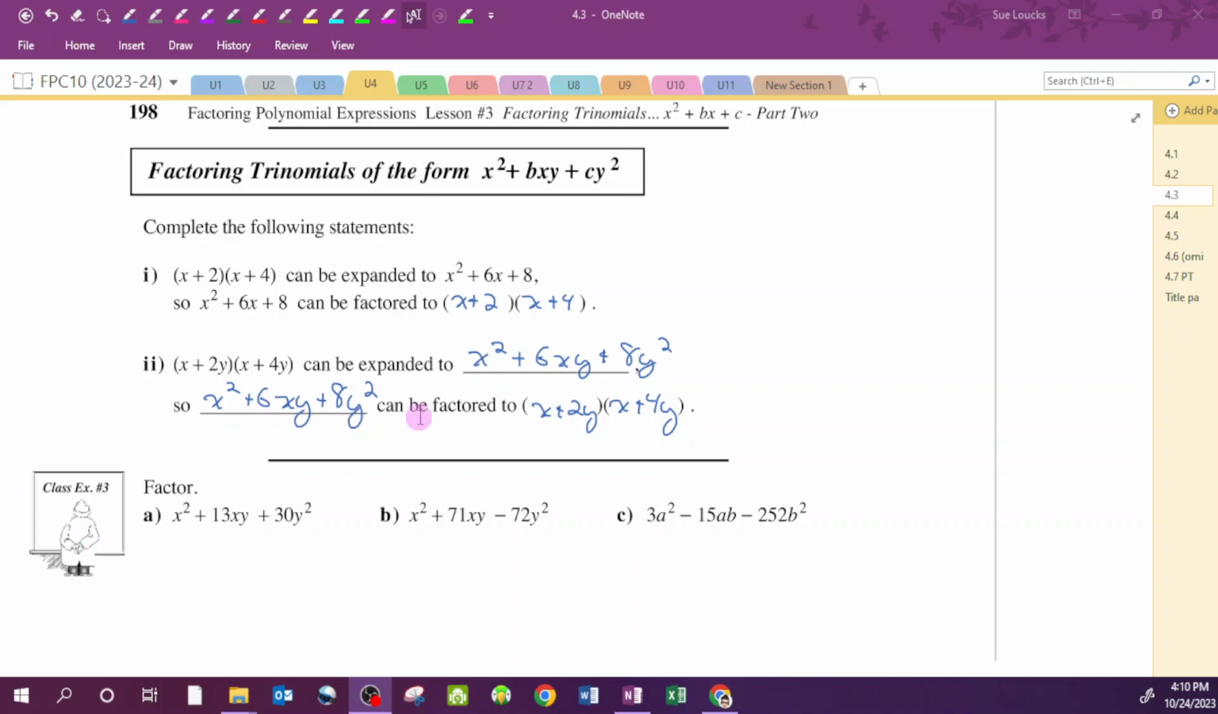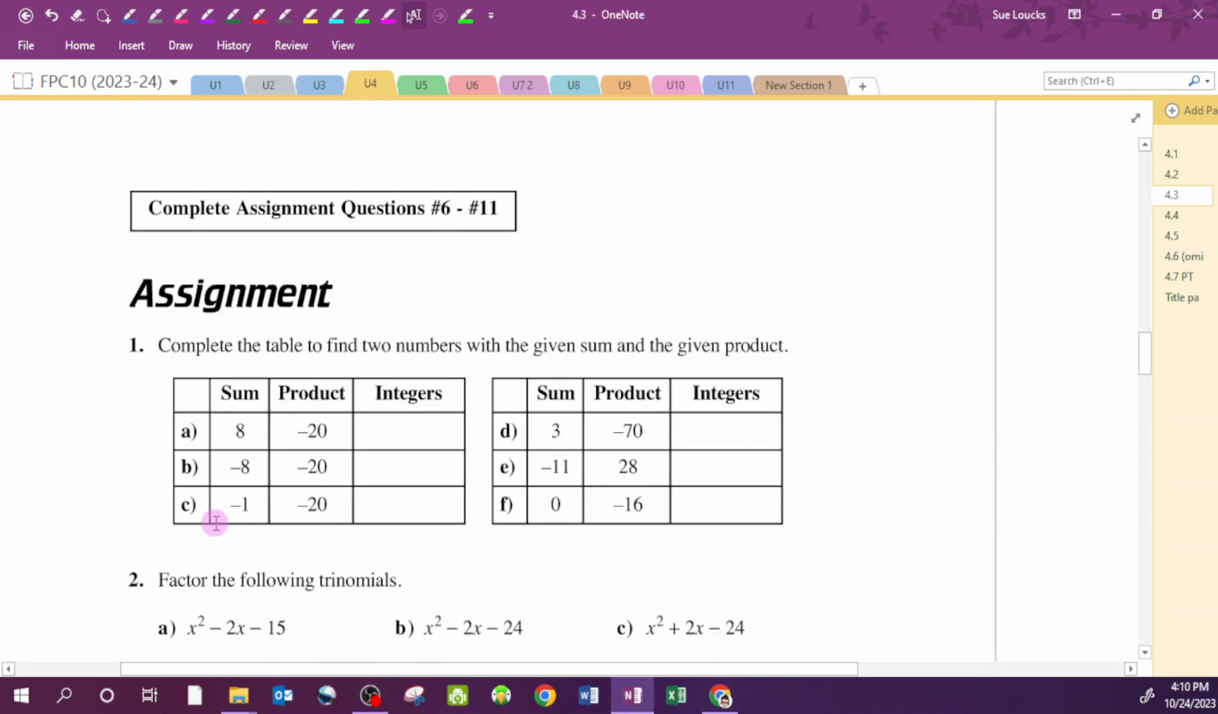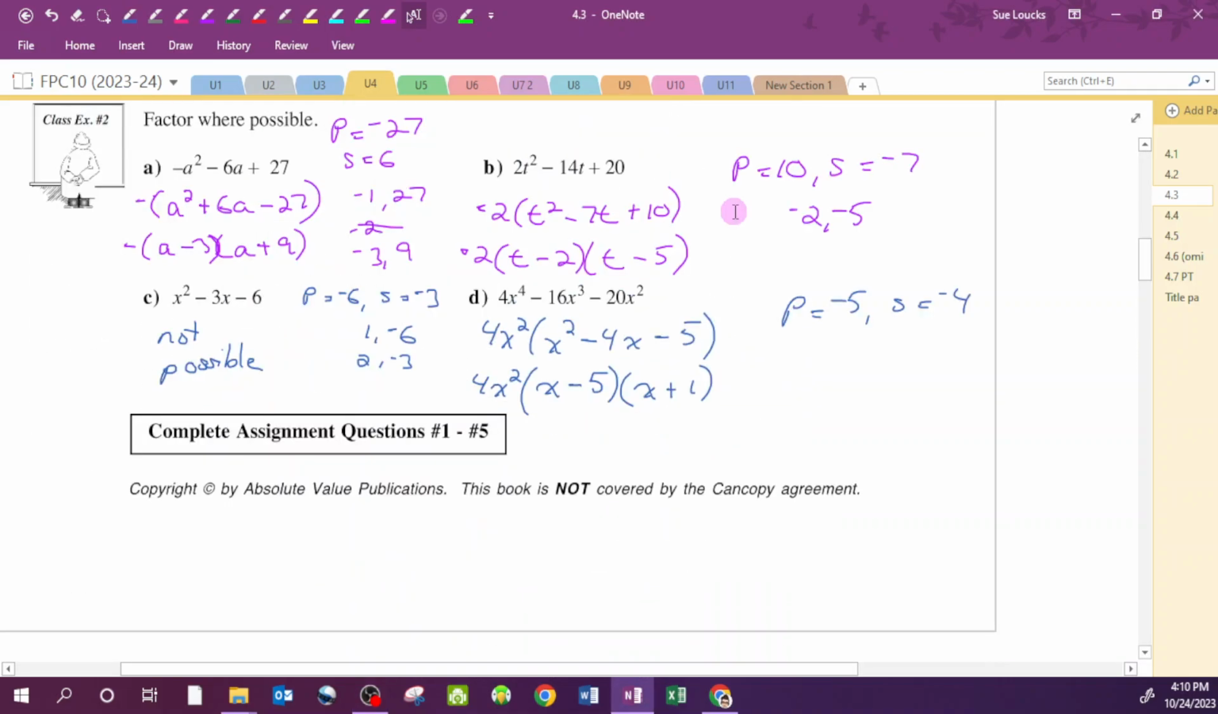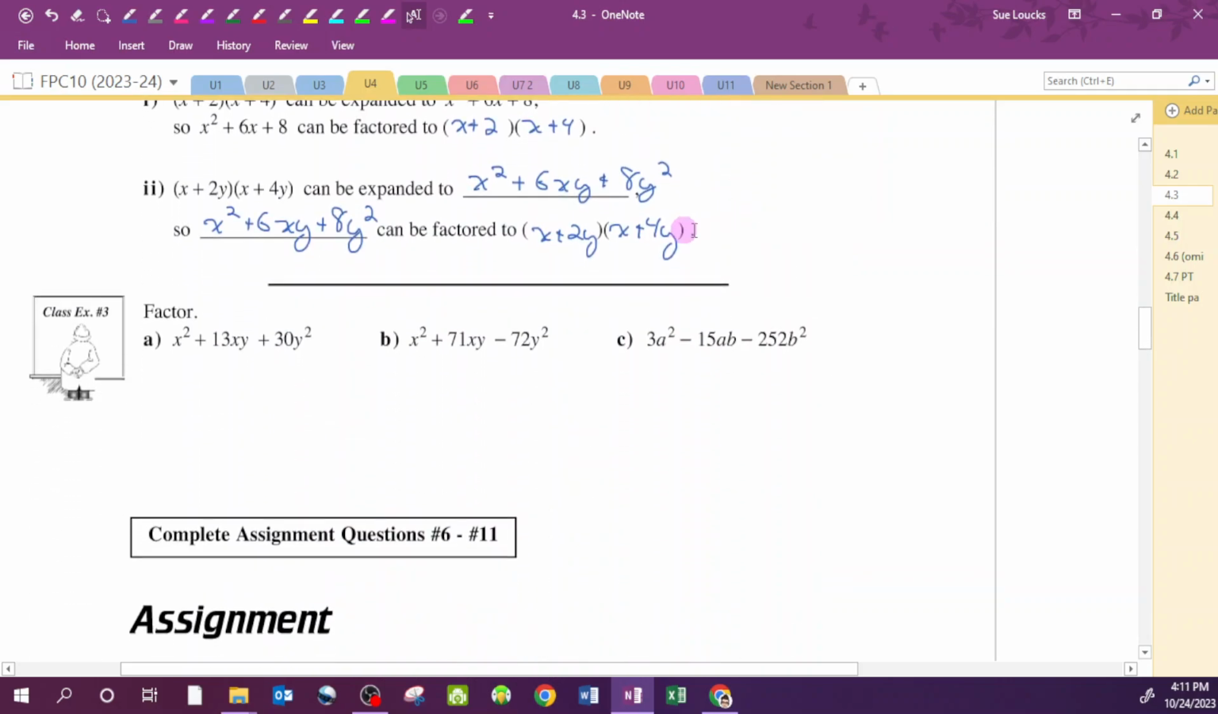So when we go to factor something and we see there's an x squared here and a y squared here and an xy in the middle, then we're going to do the same thing for the numbers, and then we're going to put x's and y's in so that it looks right. And then we're going to check it, okay? That's really important. So here, my product is 30, my sum is 13,